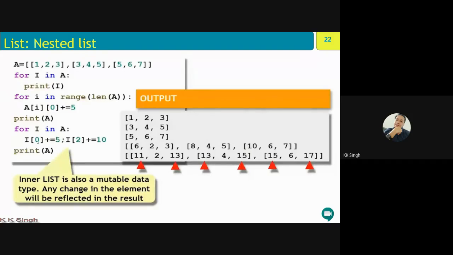So i[0] plus 5. So what is that? 6 plus 5 is 11. And i[2], yani next element, that is 13. 3 plus 10 is 13.